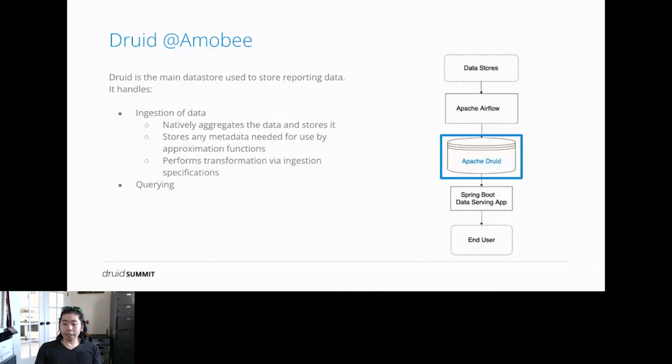Okay, so for querying into Druid, for the most part, we lock that down. We don't want our customers to have carte blanche at querying Druid. We want to make sure that we silo out specific use cases so that we meet our stringent SLAs. We don't want a rogue query going in and taking over everything.